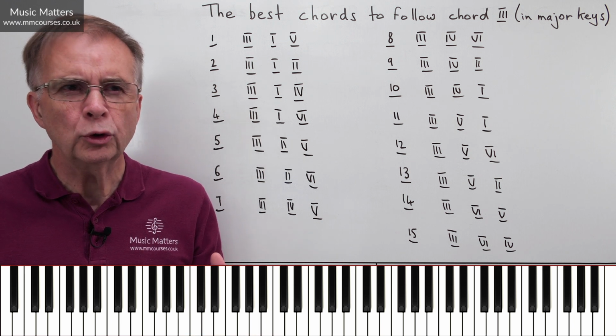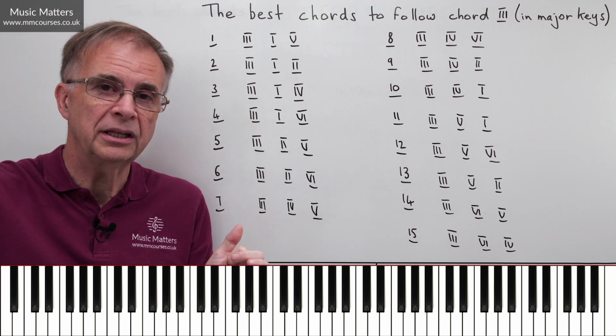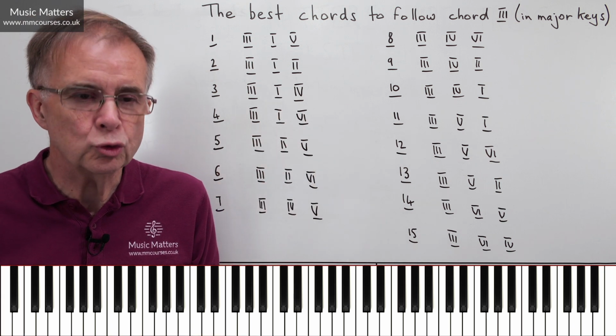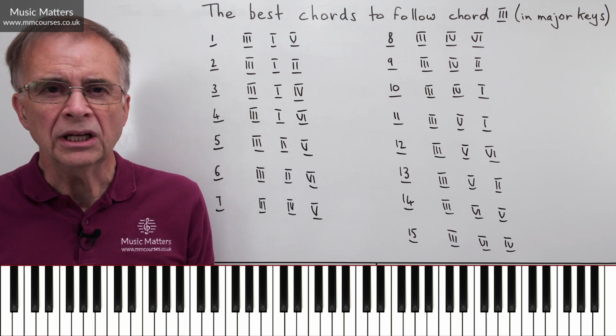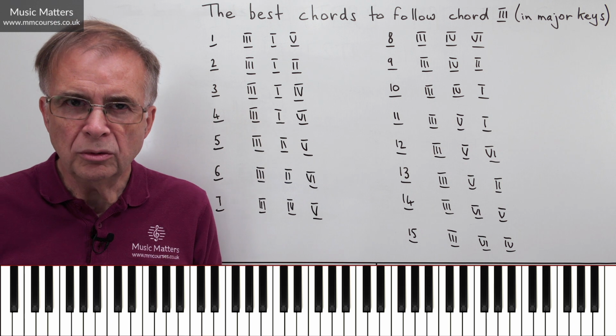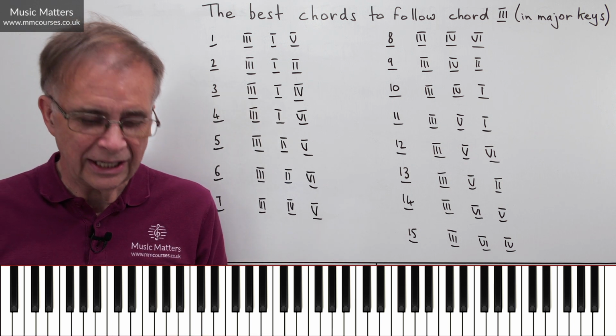So what do I mean by chord progression? Well, it's just this notion that you have one chord followed by another, followed by another. It gives us a progression of chords. And just in case anybody's wondering, what do I mean by all these Roman numerals that are on the board? It's all very simple, really, once you get to the bottom of it.